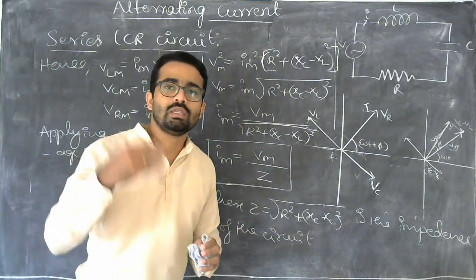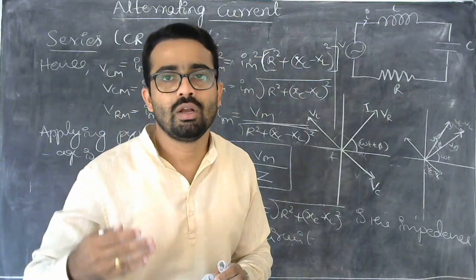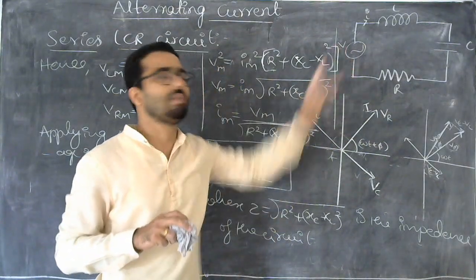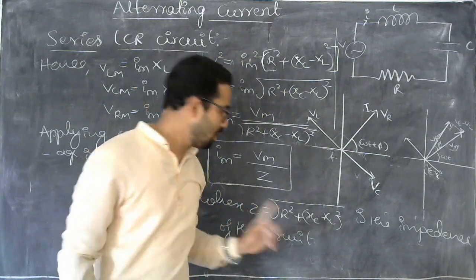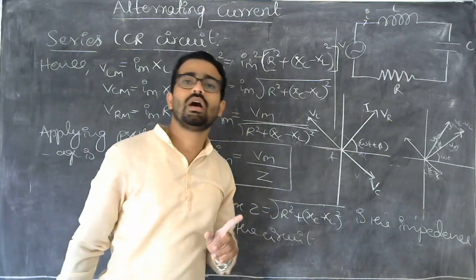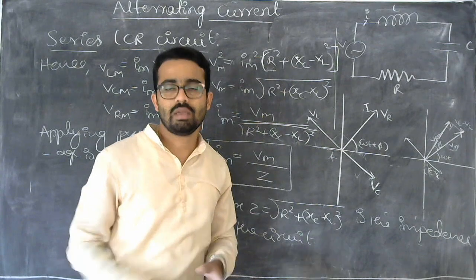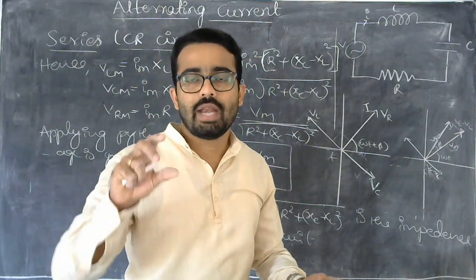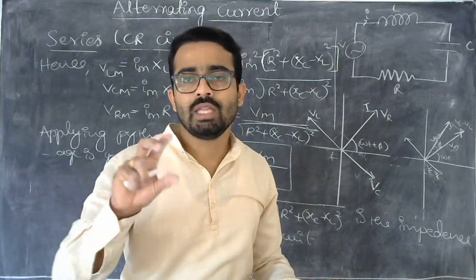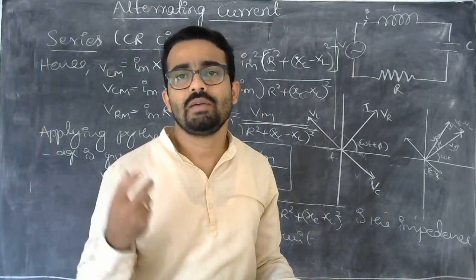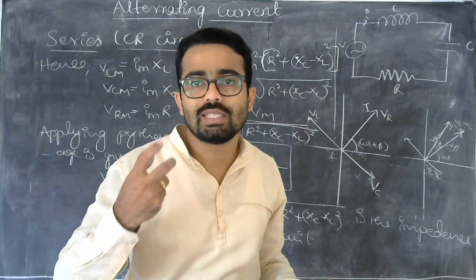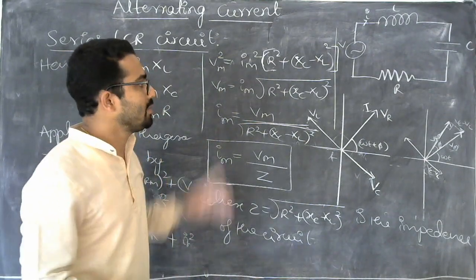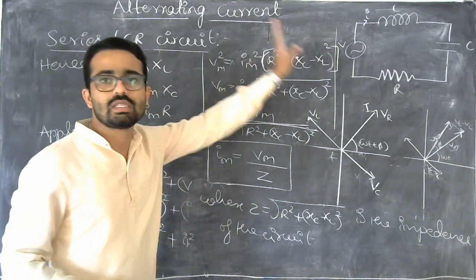When you are setting the resonant frequency, at that condition the current in the circuit will be maximum. Why is it maximum? Because Xc will be equal to Xl. When you are turning the knob of a radio, you are varying the value of the capacitor so as to set one resonant frequency. So this is the application of this series LCR circuit.